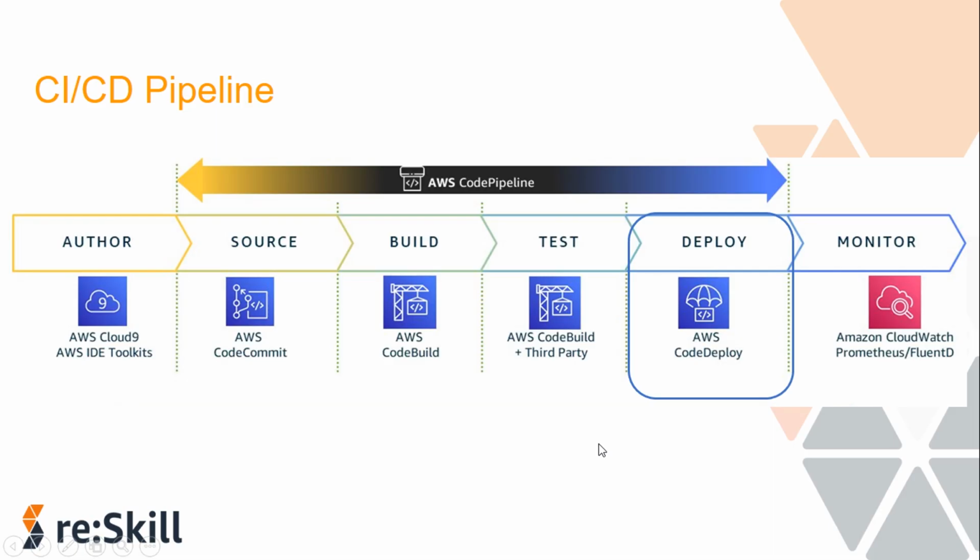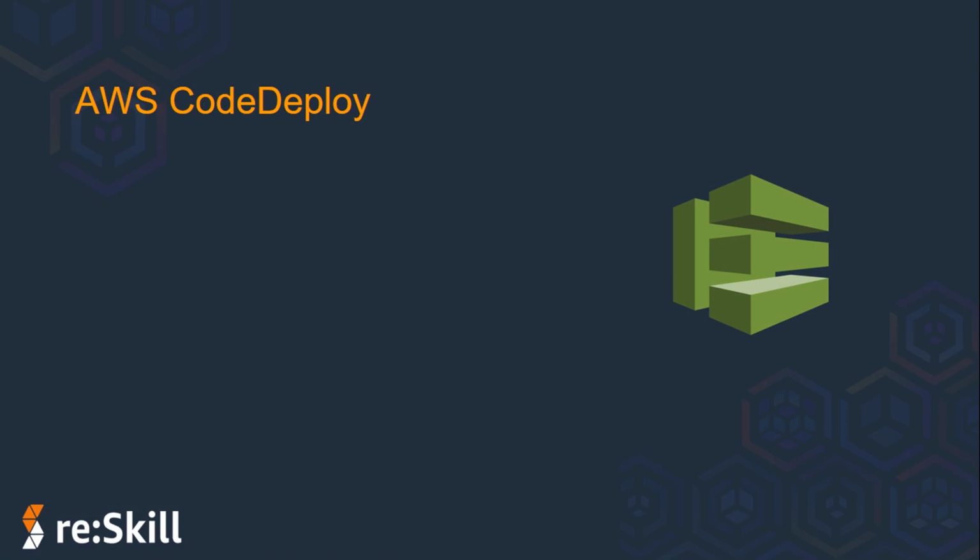Before we move to the next deployment option, let me tell you about the CI/CD pipeline. In the CI/CD pipeline, I'll not be diving deep into it, but just to tell you one service: in the deploy stage, we use AWS CodeDeploy. I assume that you understand the CI/CD pipeline. If not, you can watch another video named AWS development tools on the same channel, in which all the stages and services are explained in detail. Here we are just going to talk about AWS CodeDeploy. So let's move to CodeDeploy now.